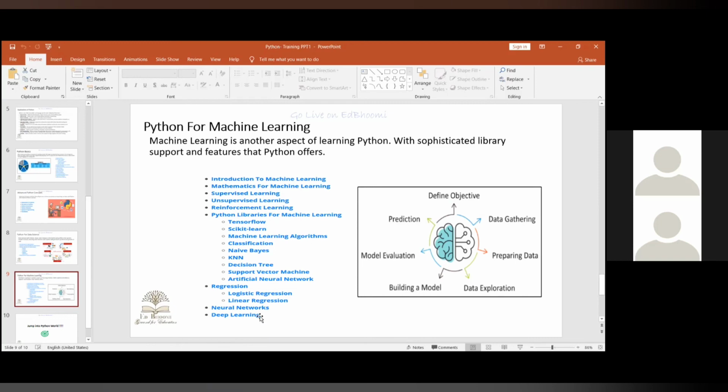Even deep learning and neural networks are each a complete, big course. If you start learning these things, it will take years, but we are here to give you a platform to boost your career on the path of machine learning. We are working in different areas of Python. We can see how Python can connect with different levels of applications, whether in data science, machine learning, data visualization, programming, or artificial intelligence.